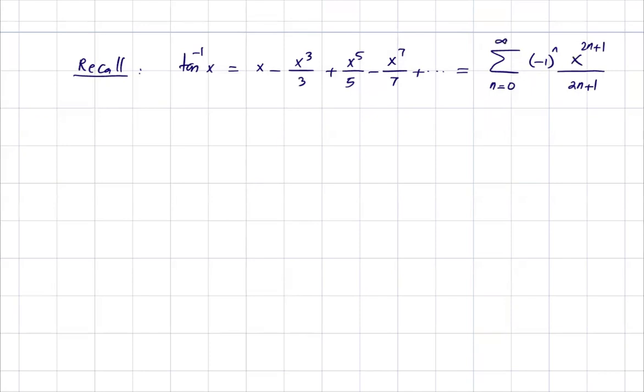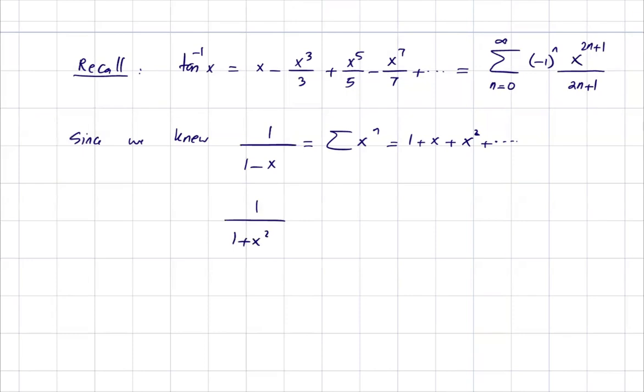How did we do that? We already know the behavior of 1 over 1 plus x squared, since we knew 1 over 1 minus x is basically the summation of x to the n, 1 plus x plus x squared, plus the rest of the terms. And we saw that 1 over 1 plus x squared can be written as,